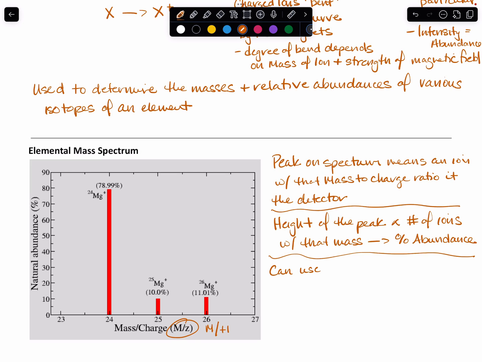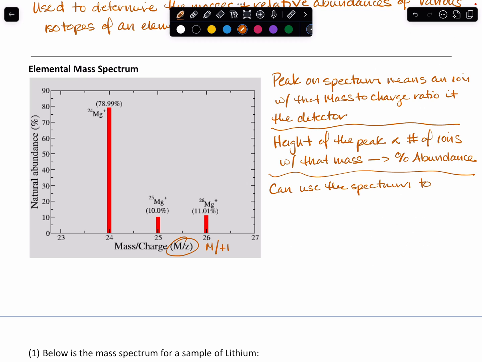So you can use a spectrum to ID an element or calculate the average atomic mass, which I'm going to abbreviate for the rest of this screencast as AMM because that's a lot to write over and over again. All right, if you want to ID that element,